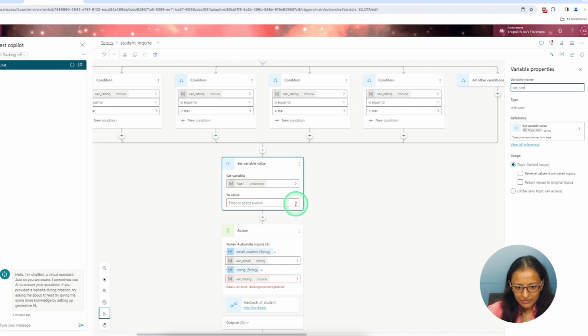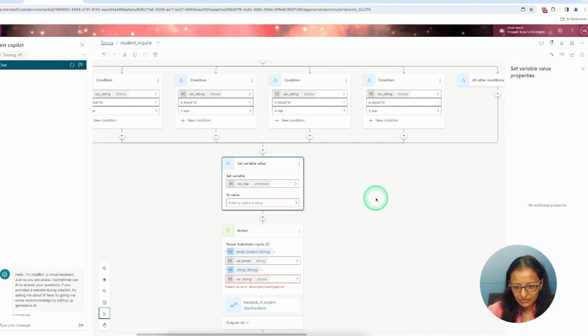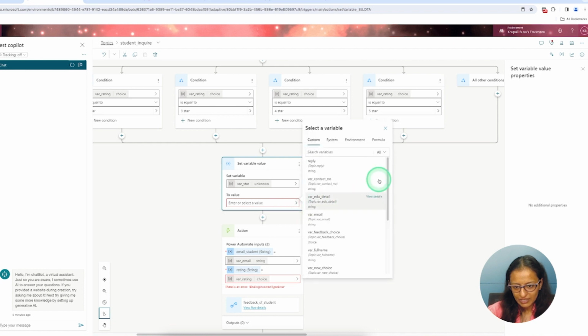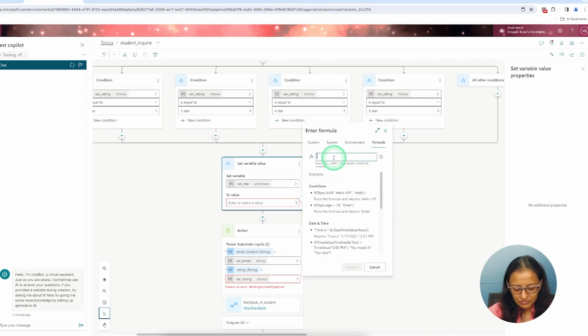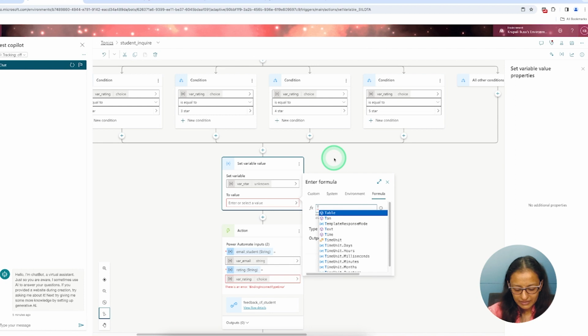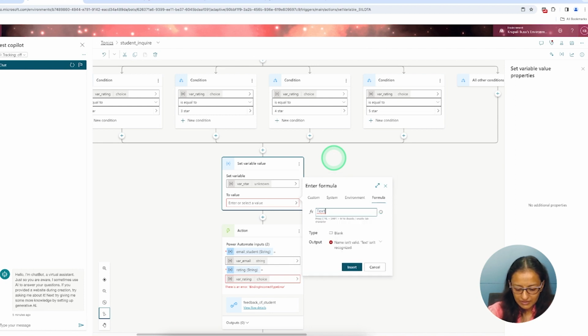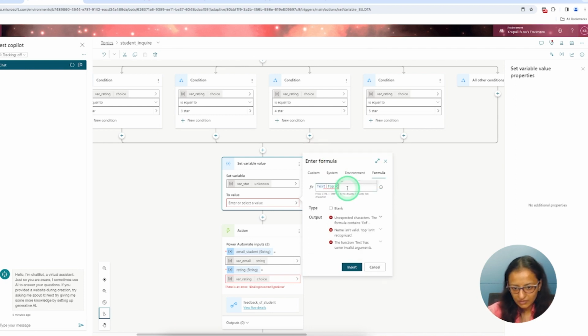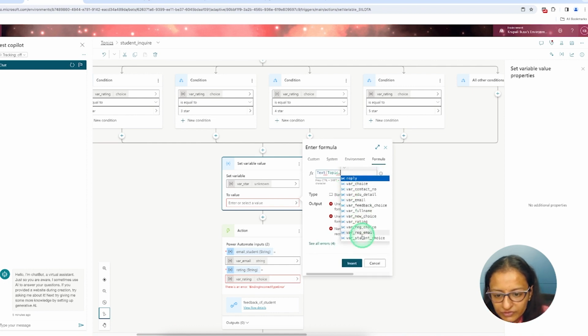And for the value, I need to write a formula: Text, then Topic dot the name of the variable, that is variable rating.